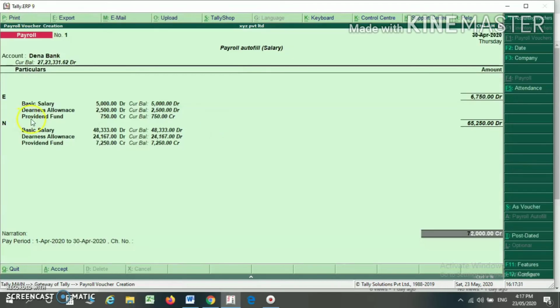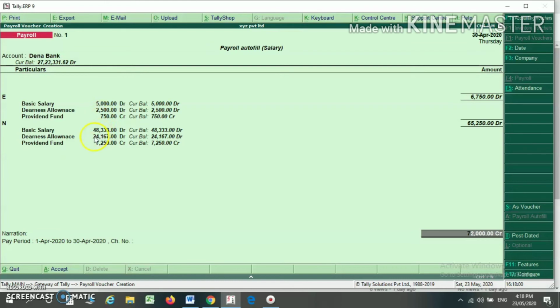Just press enter. You will find that your payroll for the month of April 2020 is autofilled. Friends, you will see that for the employee we have created the basic salary of 50,000, if you remember, and dearness allowance of 25,000, but he is present only for 29 days out of 30 days, so his salary is automatically reduced.